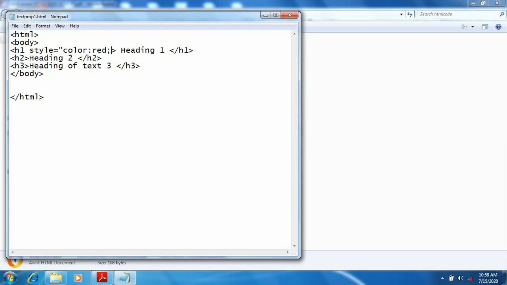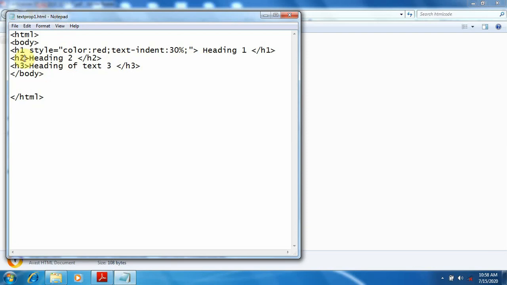Then I am giving the second, text indent. I want to set the indent, meaning the first line spacing of the paragraph. Then I am giving text indent in form of percentage, then semicolon. This is the start of the inverted commas, and this is the close of the inverted commas. Okay. This is our first heading.